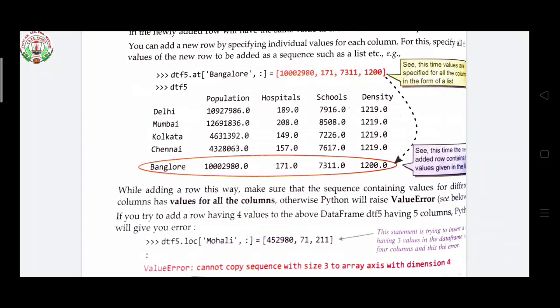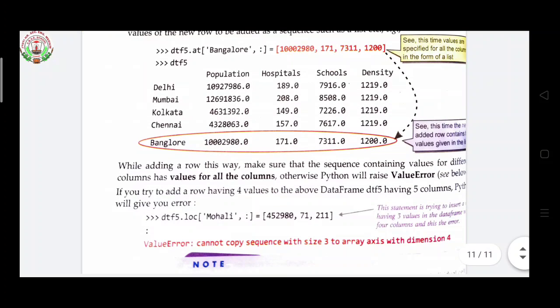If you try to add a row having 4 values to the above data frame dtf5 having 5 columns, then Python will give you an error. So, dtf5.loc inside square bracket Mohali comma colon. Here inside the bracket you give the values. So this statement is trying to insert 3 values in the data frame.